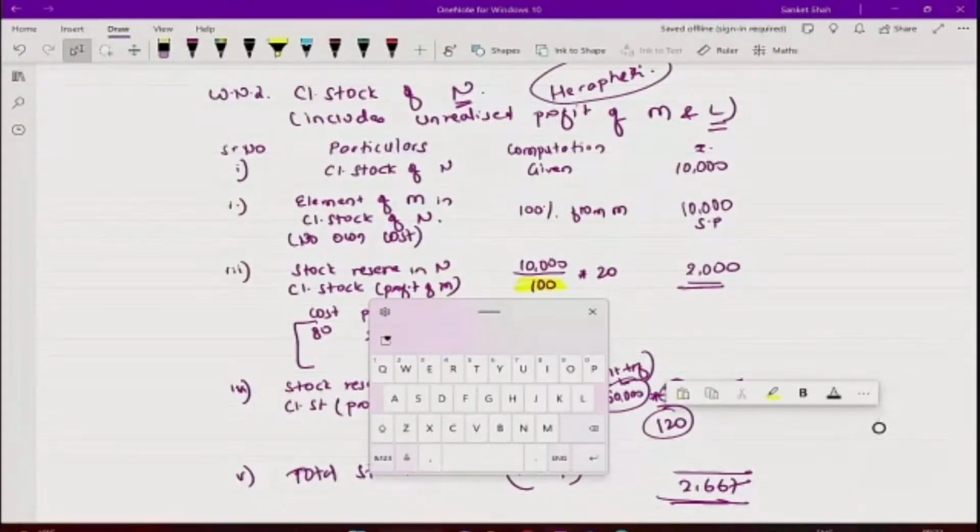Yes, waiting for your comments. Easy or difficult? ज्ञानेश बोल रहा है 8 मार्क्स के लिए नहीं सर, अफोर्डेबल है. ओके